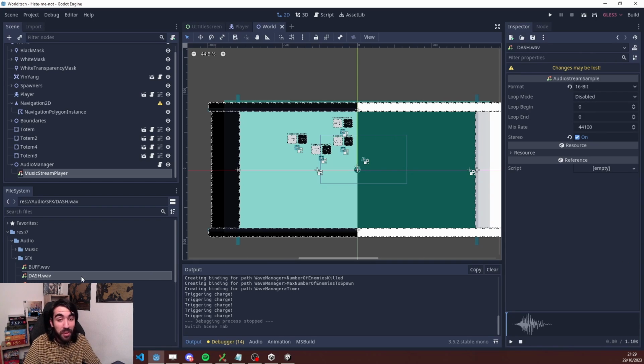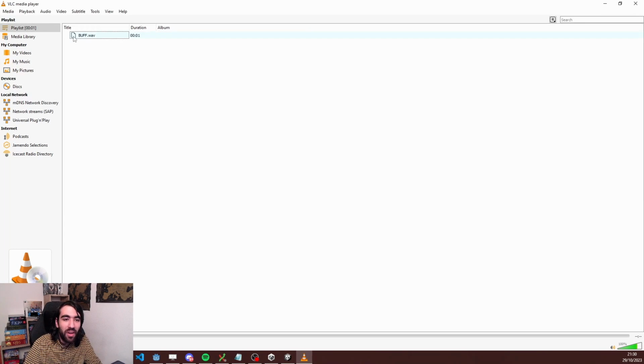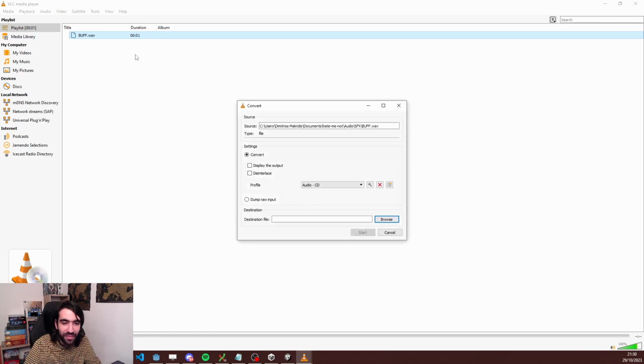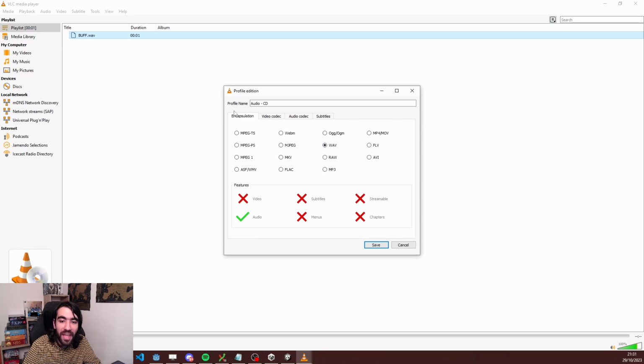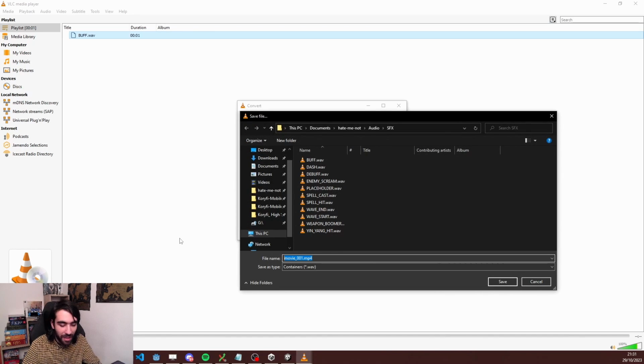And what we did there, because we still wanted to use the .wav files, because when you import them you have a few more options compared to the MP3 one. So what we did was open the sound effect in VLC Media Player, right click, save. And I'm not sure if this is 100% the best performance-wise option here, but we chose the profile audio CD, then went here to the settings and switched over the encapsulation to WAV, clicked on save, and then we went to browse here, gave it a temporary new name,